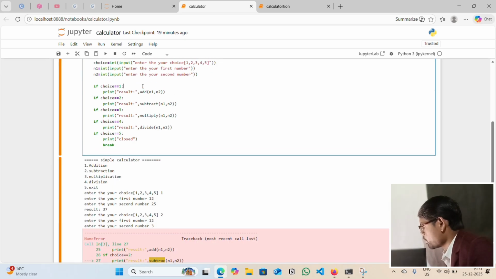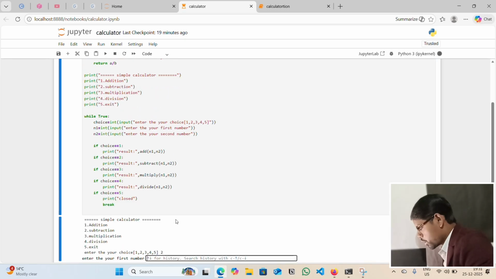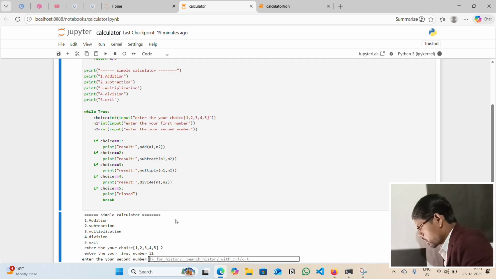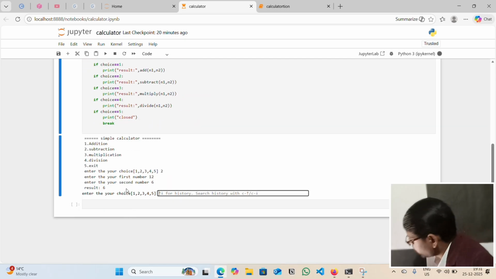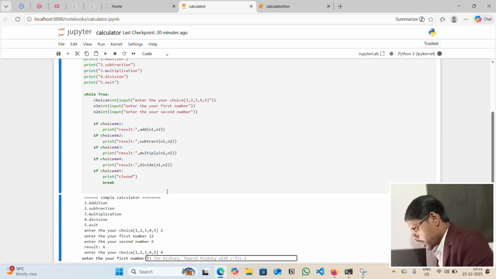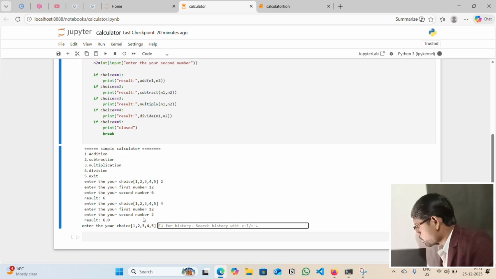Run again, enter 12 and 6, and the result is 6. Next, multiplication and division. Check division: 12 divided by 2, and the answer is 6.0.